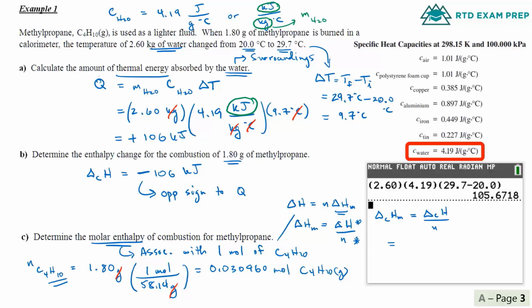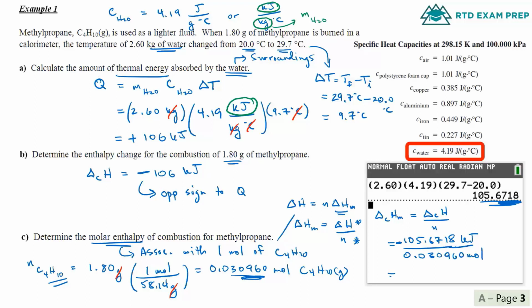Here I'm going to actually use this value, because remember that for intermediate calculations en route to a final answer, we should use the unrounded version, just like how I'm taking as many decimals as sensible over here. It's going to be negative 105.6718, and this is in kilojoules, sorry, and this is of course divided by our 0.030960